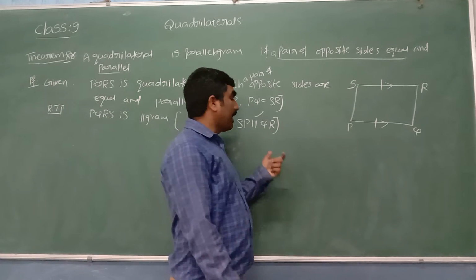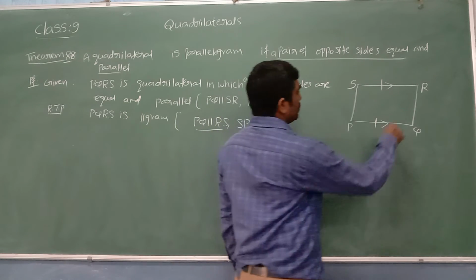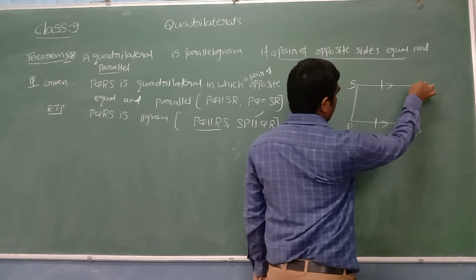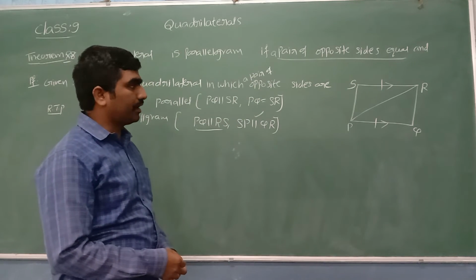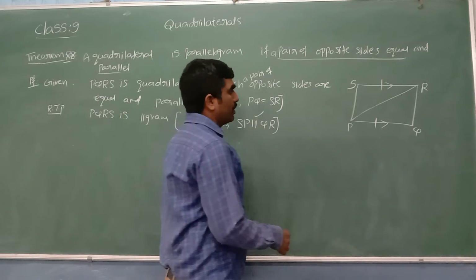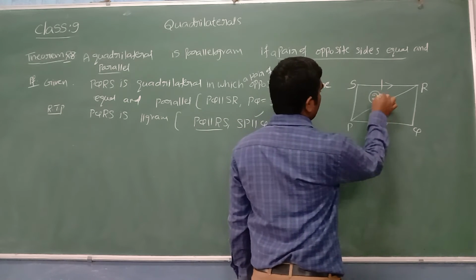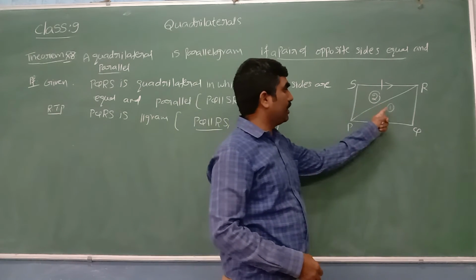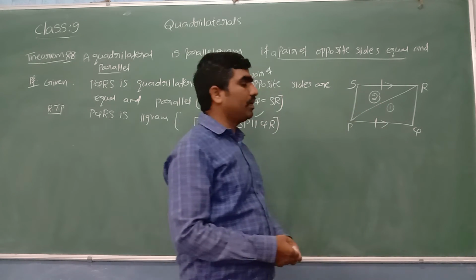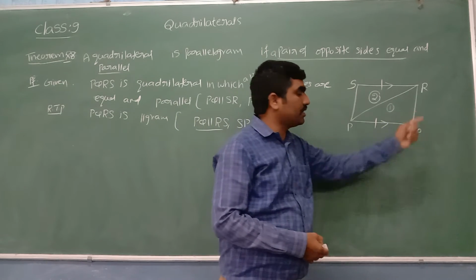So to prove angles are equal, let's draw one diagonal and we'll see the equal parts and we'll prove they are congruent. Let me draw one diagonal which is PR. So now I got two triangles. One is PQR and another one is SPR. We'll try to prove both are congruent. Why? Because when both are congruent, then we can say corresponding angles are equal. From there, we'll try to prove this other pair is also parallel.